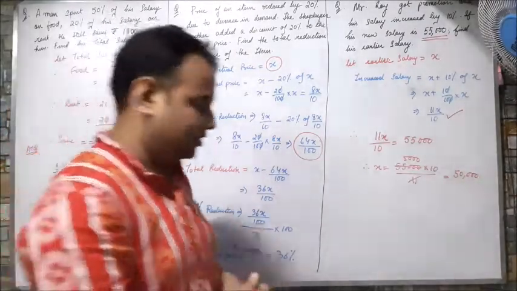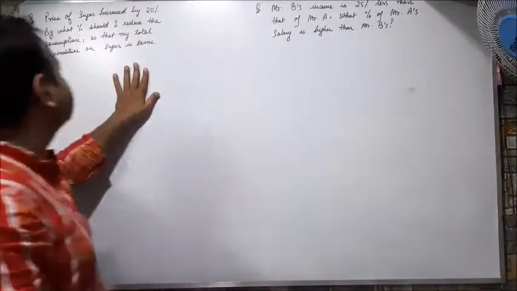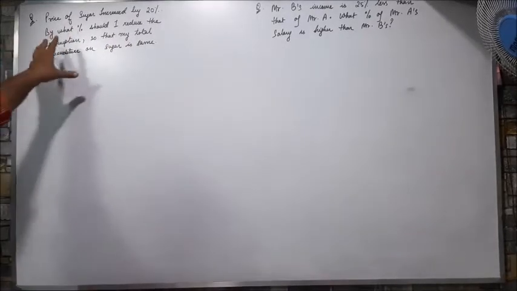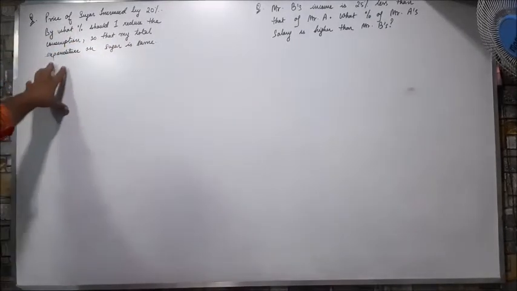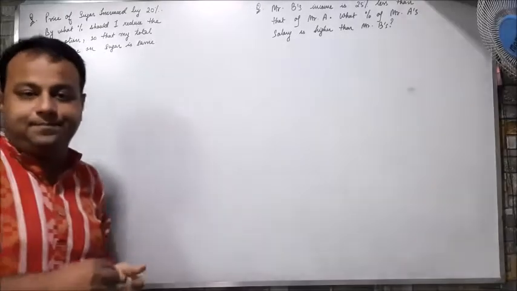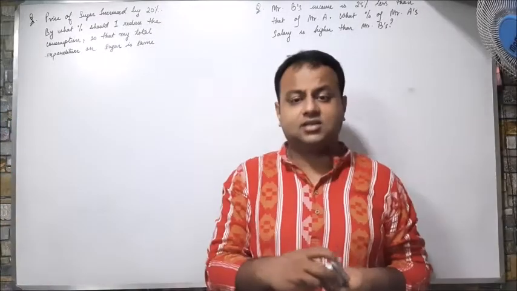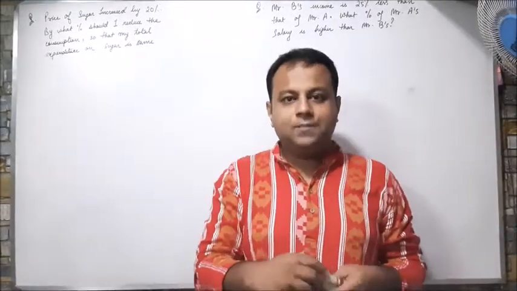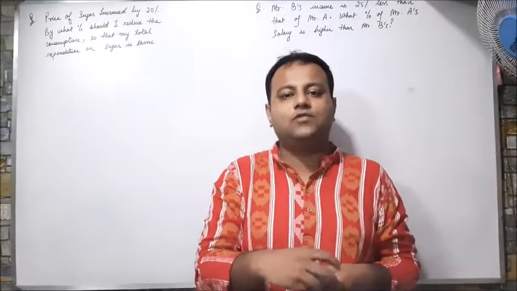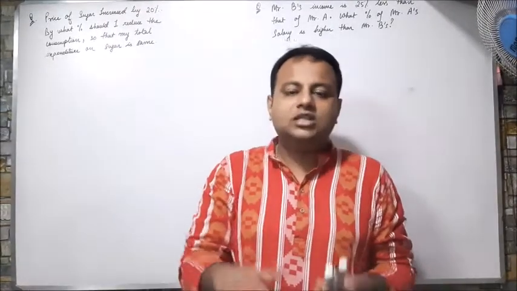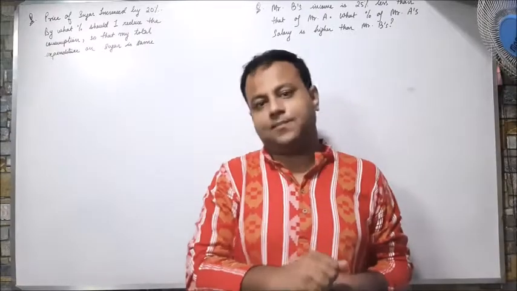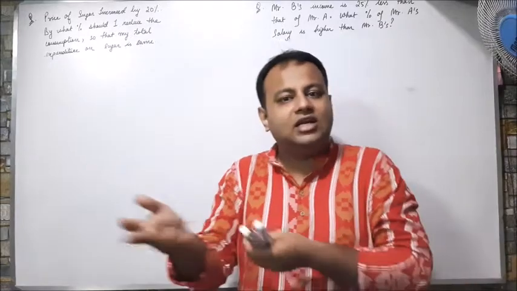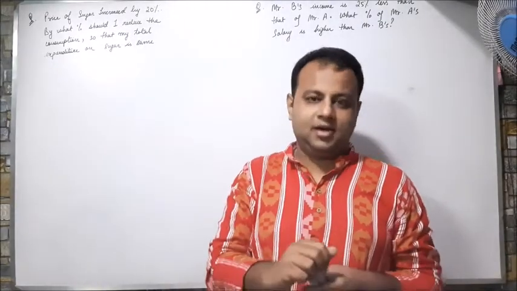Come on, two more examples. Two more questions. What is written? Price of sugar increased by 20%. By what percentage should I reduce the consumption so that my total expenditure on sugar is the same? As you now know, the price of everything is rising, but the payment is not increasing, the payment has stayed as it was. Suppose petrol: before the lockdown started, the price of petrol was almost 70 rupees. But now the price of petrol is almost 85 rupees. So the price of petrol per liter has gone up by 15 rupees. Brother, my employer pays me the same, the payment has not been increased.